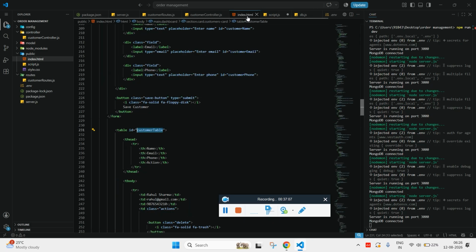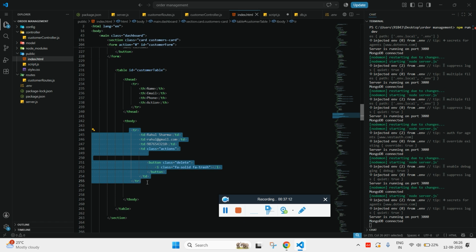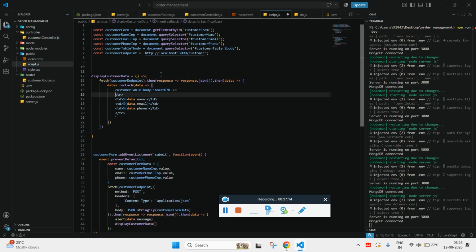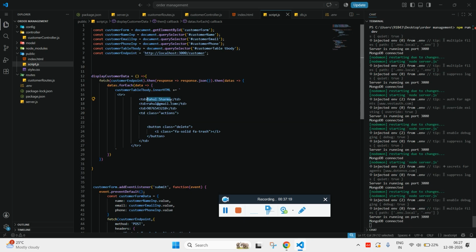So for that we'll simply copy this HTML, we'll cut this and replace it over here, and over here this is name, so we will get this from this parameter dot name. So this is how we destructure our object key value pair, and this is going to be email, and this is going to be phone, and we know that